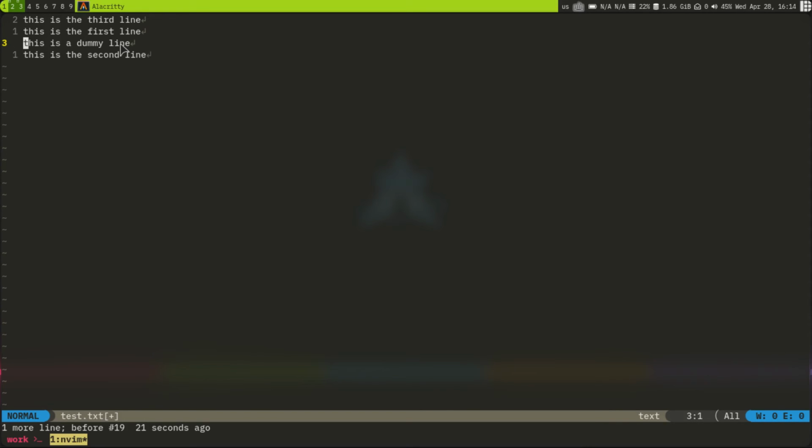You can apply the same logic with capital C, which deletes the characters until the end of the line and then enters insert mode, just like the dollar sign. You can do the caret, which deletes to the start of the line. Caret represents the start of the line. Or if you do